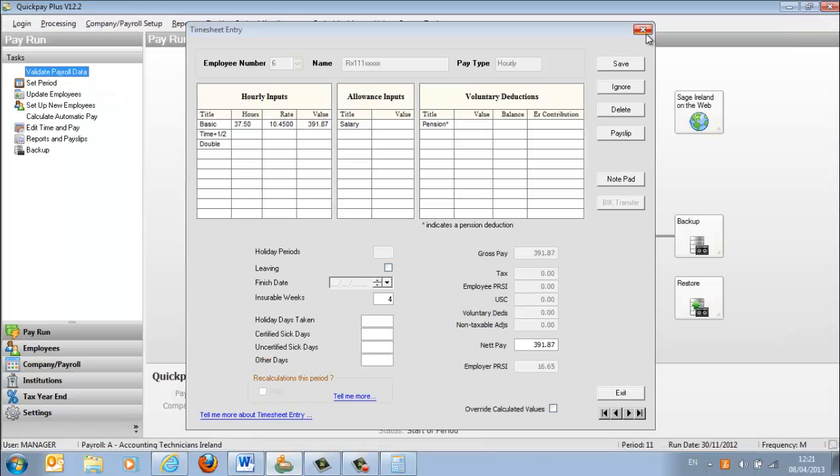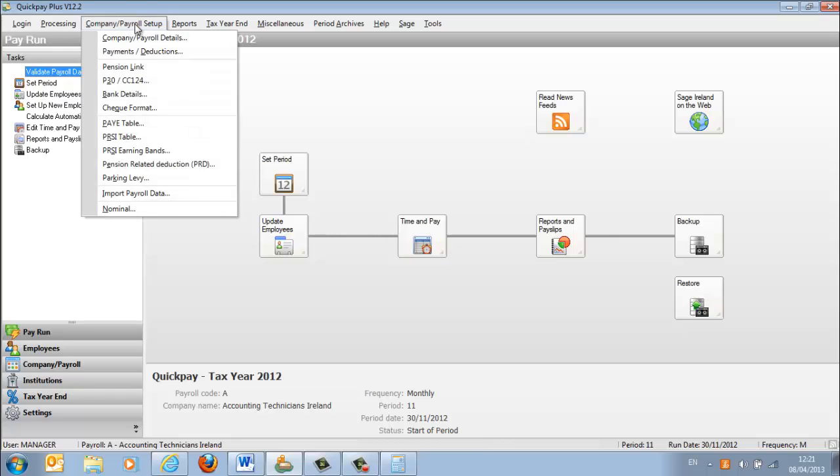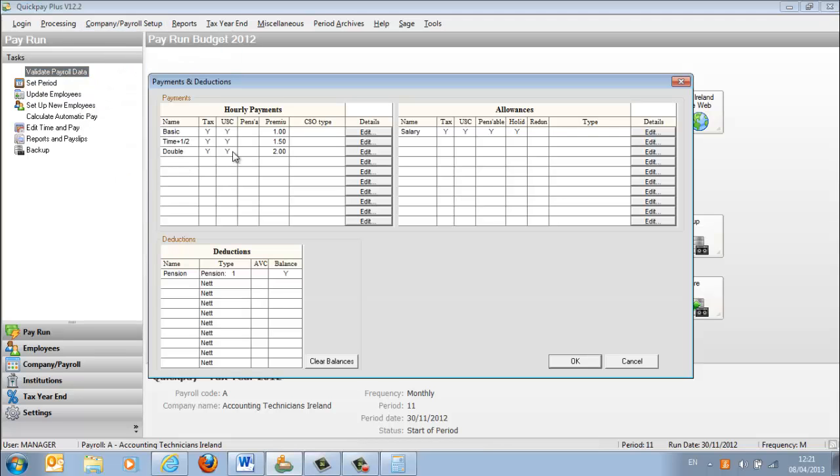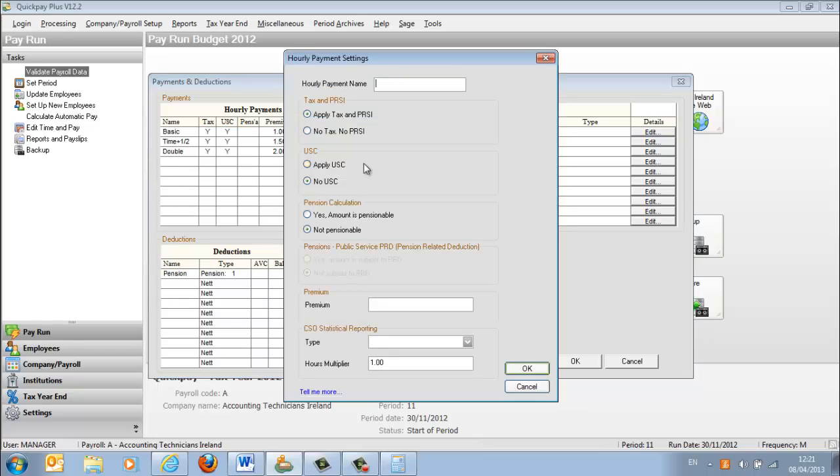Back in, close out of this, company payroll setup, payments and deductions, and now I'm going to add a new line here, edit, and that's time plus 1/3. Now this is basic pay. Apply tax, PRSI, apply USC. Generally overtime is not pensionable, though it may be or may not be, it's debatable, because normally salary is pensionable. Some businesses' pension is not payable, so you can pick what you want. In this case I'll just do no. Now, important, the premium must be 1 plus something,